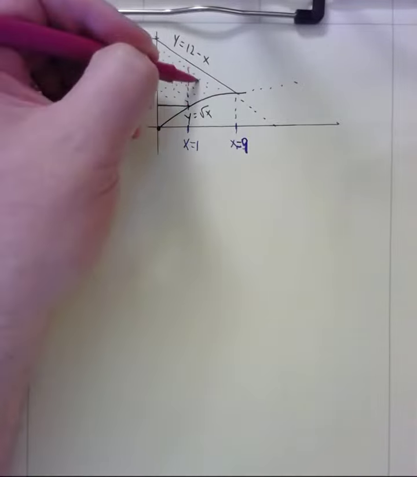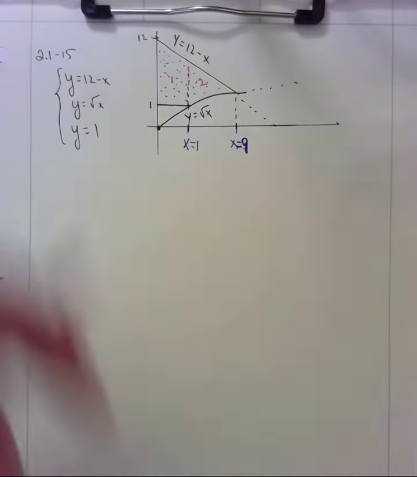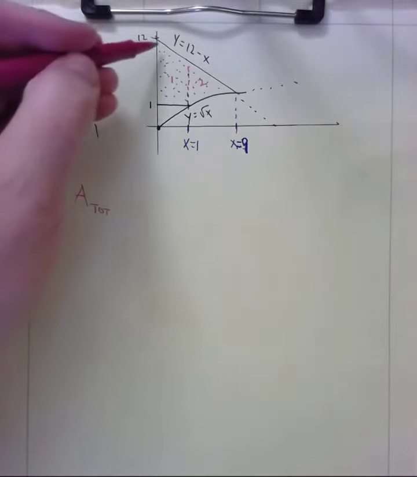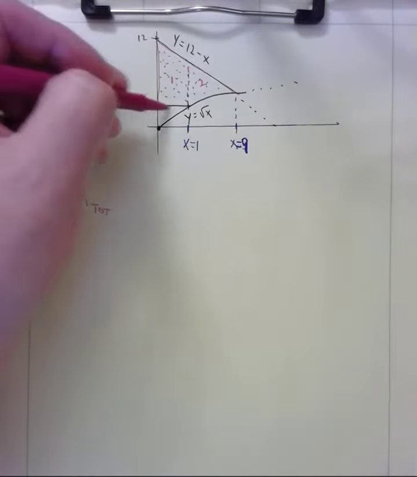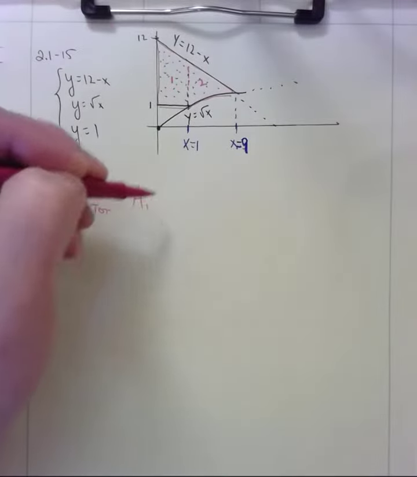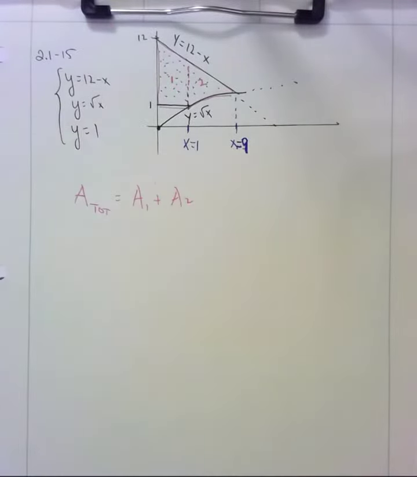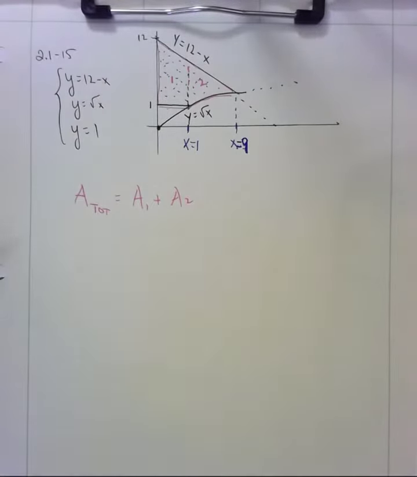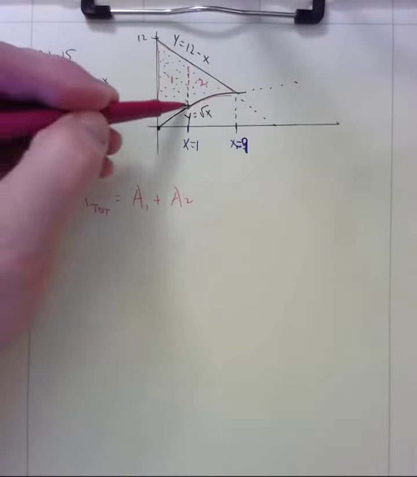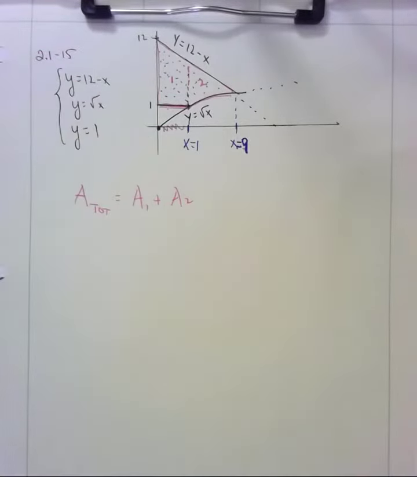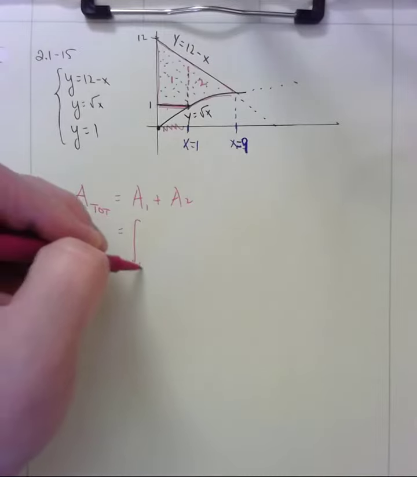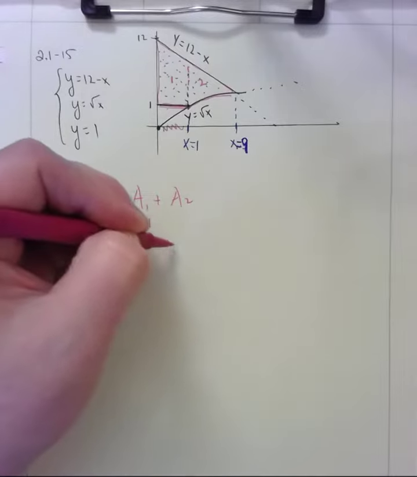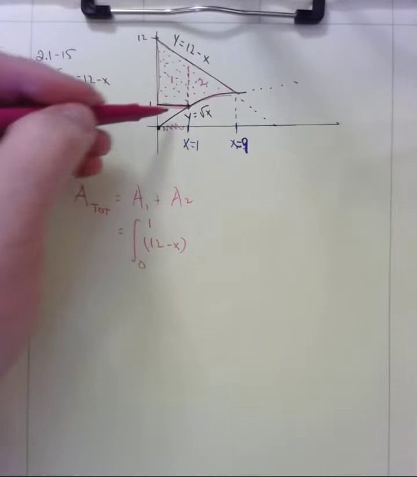And so I'm going to kind of delineate those two regions. Let's call them regions 1 and 2. The area that's the total of the whole thing, like so, is going to be area from region 1 plus area from region 2. And I need to write those separately again because the top and the bottom functions are different in each region. So for this region right here, we're hovering over x equals 0 to x equals 1. So on the interval from x equals 0 to x equals 1, the upper function is 12 minus x. The lower function is y equals 1,